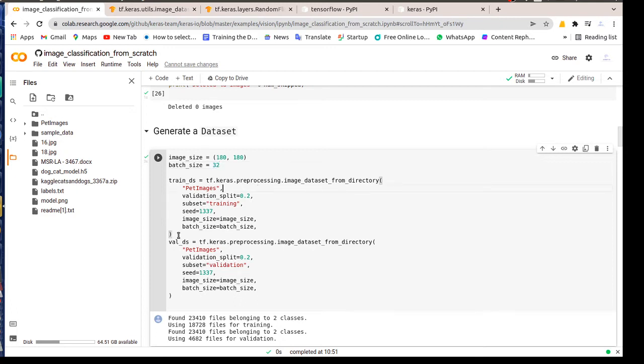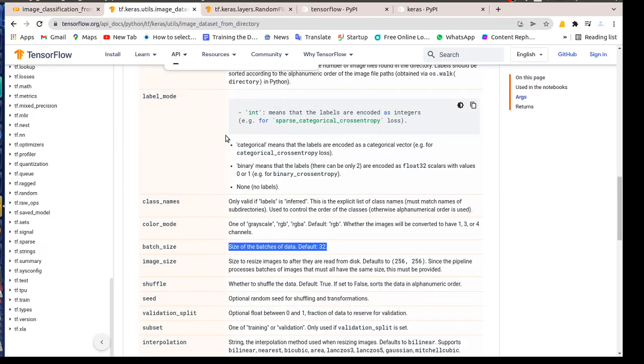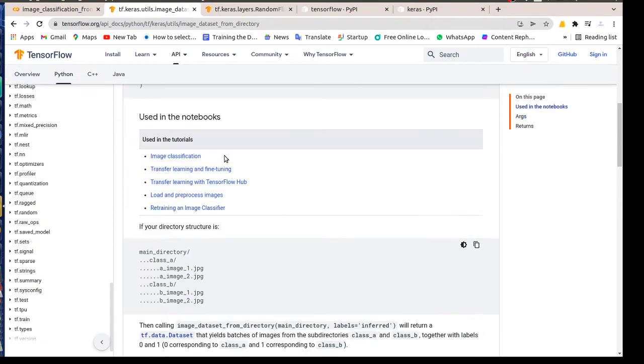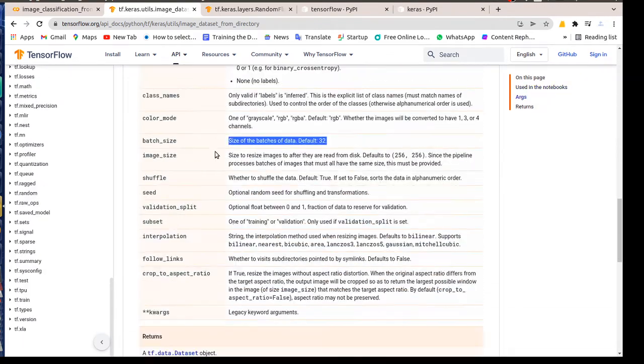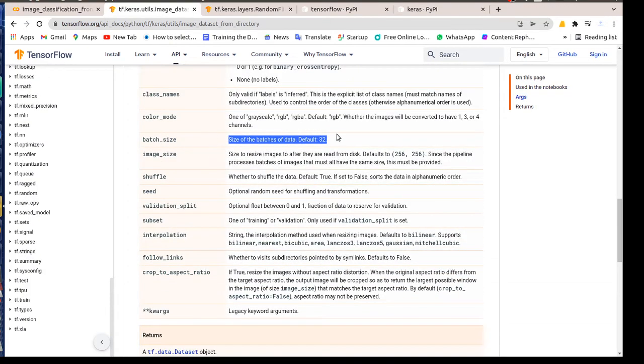Now, as I mentioned, under generate dataset, we'll convert the images under those folders into arrays. That's what we are doing. For that, I am using this library. I will share the link of that library from TensorFlow, how it works and what options are there for us to use.